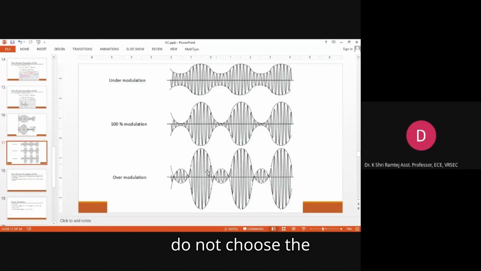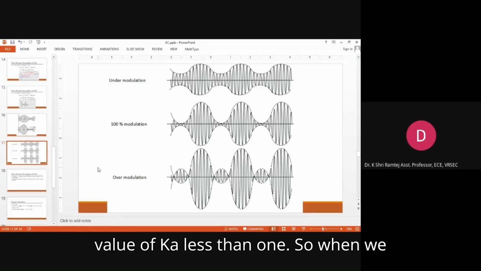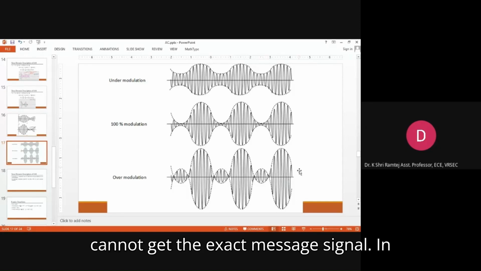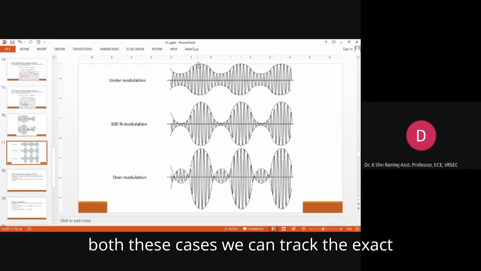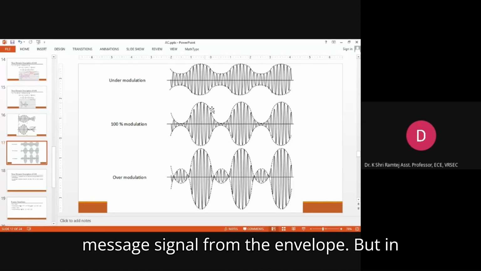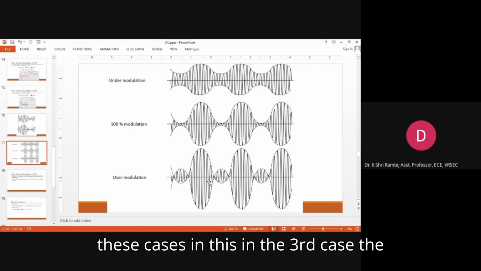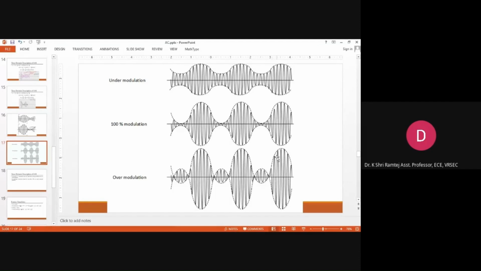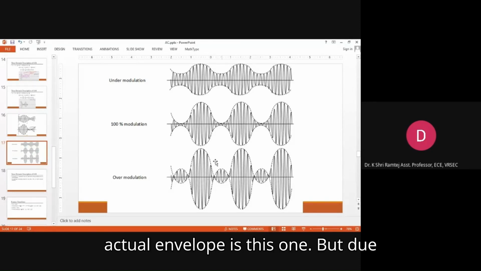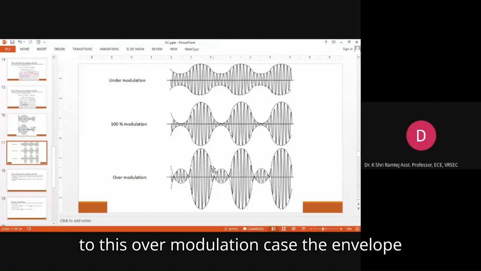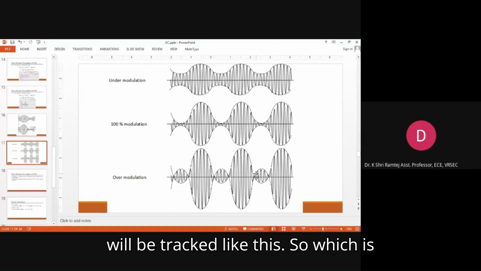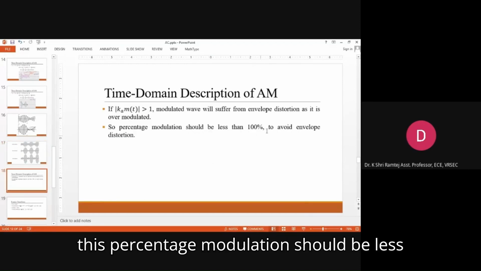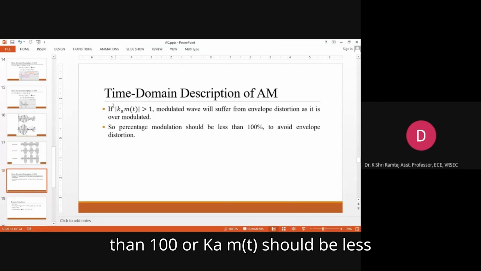Because if we don't choose the value of Ka less than 1, when we track the envelope from this waveform, we cannot get the exact message signal. In both these cases, we can track the exact message signal from the envelope. But in the third case, the envelope will be tracked like this. The actual envelope is this one, but due to this over modulation case, the envelope will be tracked like this, which is called envelope distortion. So always this percentage modulation should be less than 100, or Ka m of t should be less than